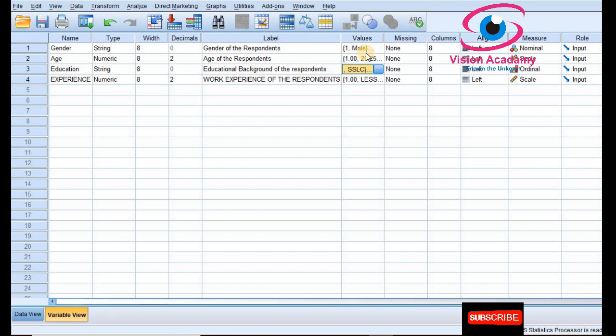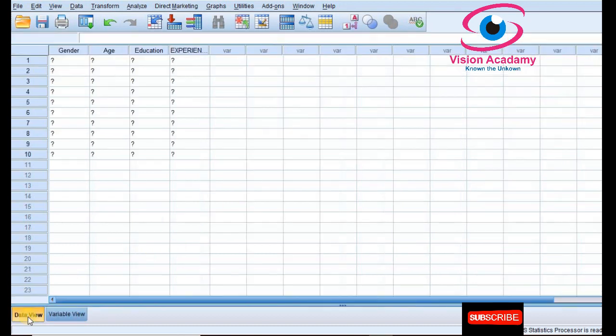Those codes only you should enter. For example, for my first question, that is gender, there were 10 samples I have selected. I have received 4 samples as male, it means 1 male, 2 male, 3 male, 4 male, and 6 samples as female. So 10 sample data I have entered here.